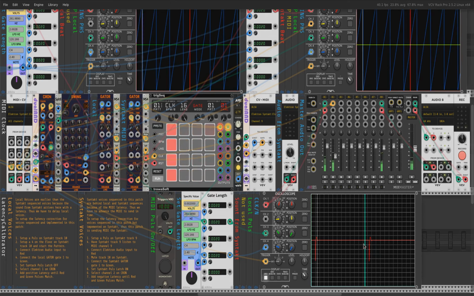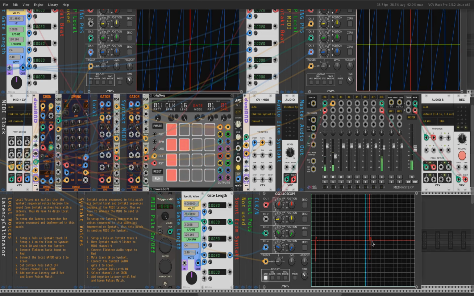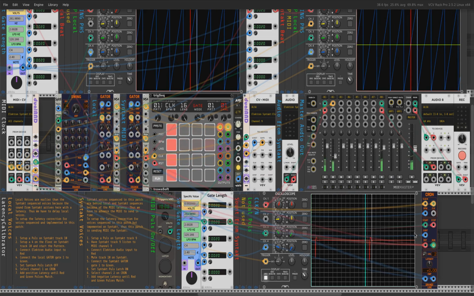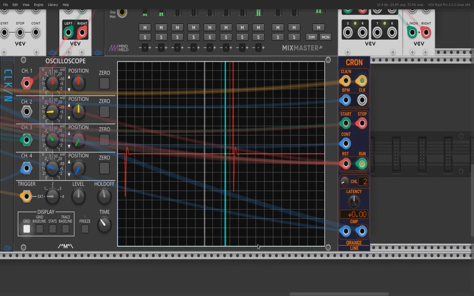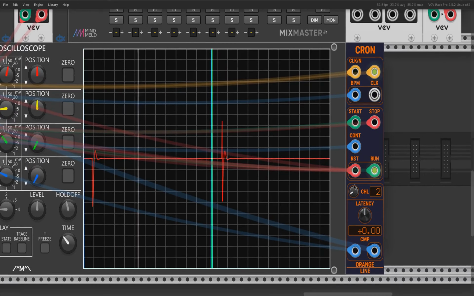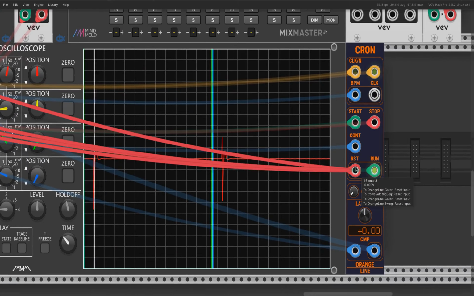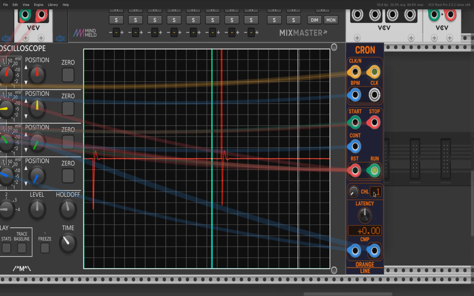So what we have to do now is lay our local timing for our local voice to get in sync with the same sequenced pulses on the Syntakt. I do that by moving that down here to have a better view and making that a little bit bigger. Our local latency correction is on channel 1 of our polyphonic output,